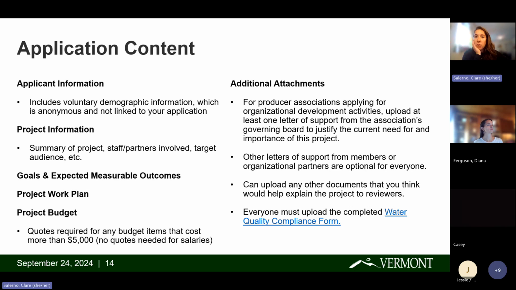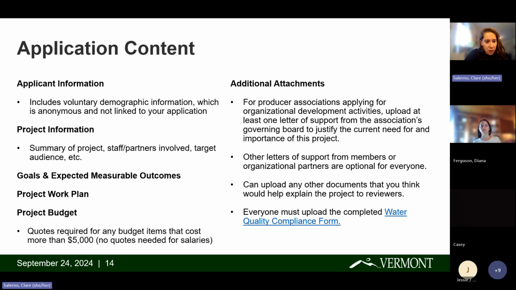Or even if you have a program you want to do where you're going to hire someone and use staff time, and for whatever reason, the staff time is already covered through some other grant or through your organization and you just need this grant to hire someone, we would ask that you include that additional staff time or whatever it is that your organization is providing, just so we can get a sense of how much the whole project costs and understand that there's other funds being used for it.